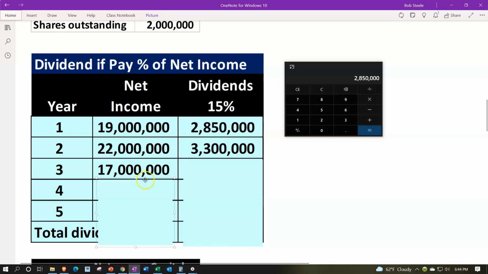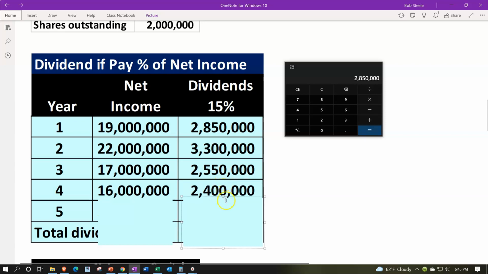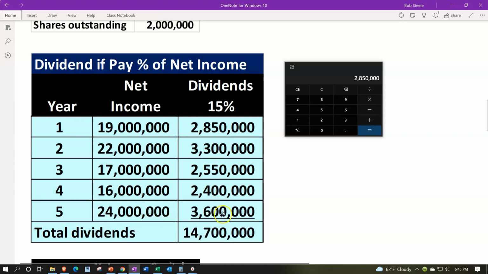And then the net income year 3 at the 17 million, and we got the nice 15% of that, 2,550,000. Year 4, 16 million at the net income, we're going to be taking the 2,400,000, 15% of it. And finally, year 5, we got the 24 million, taking 15% of that, gives us the 3,600,000 for a total